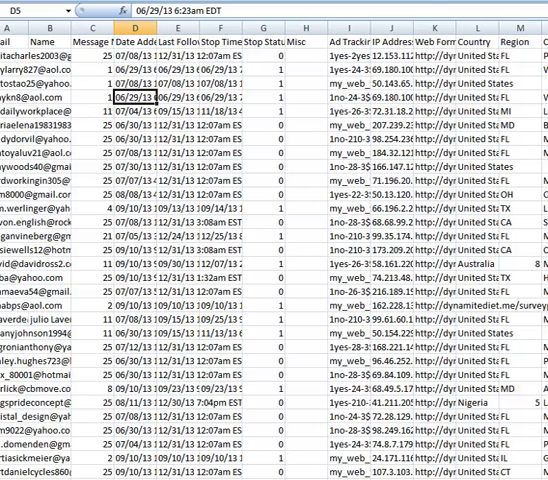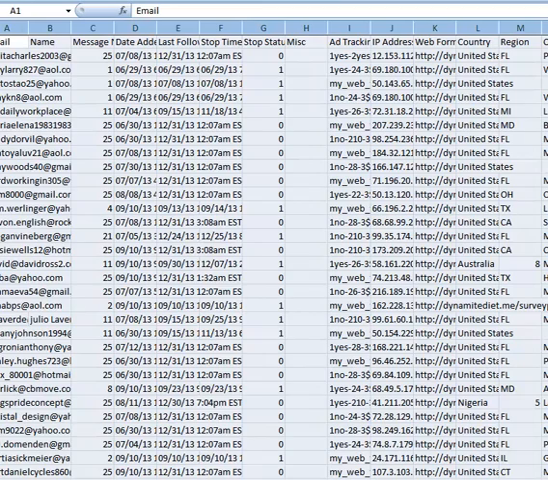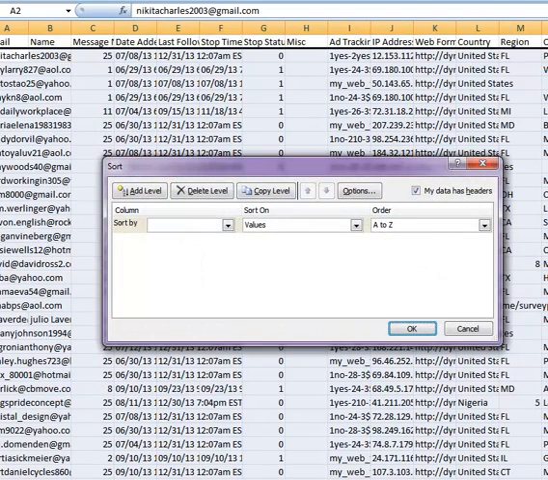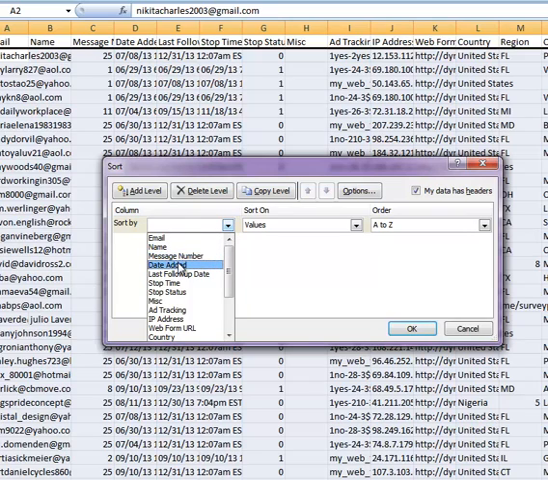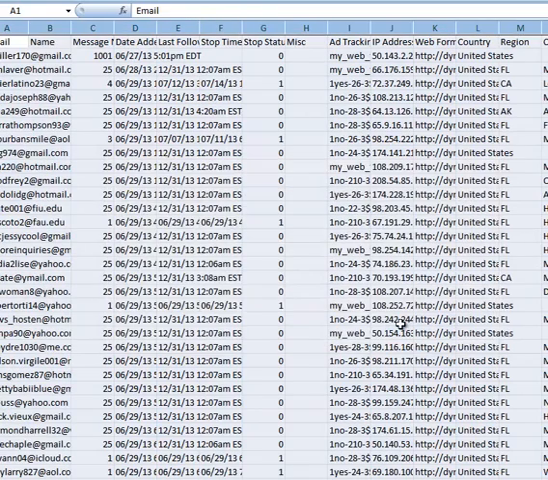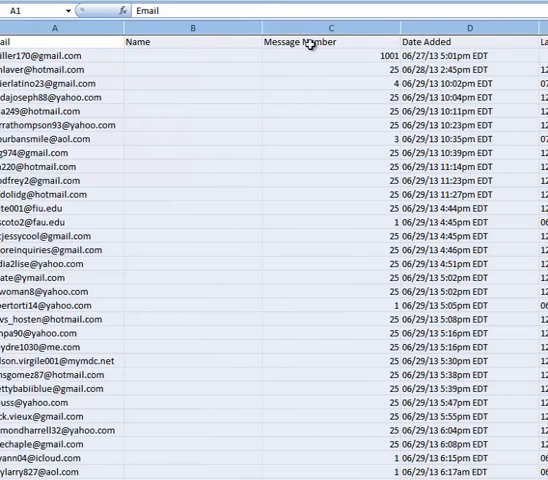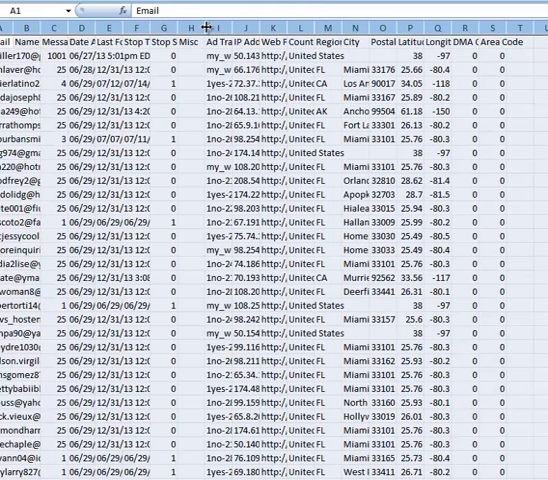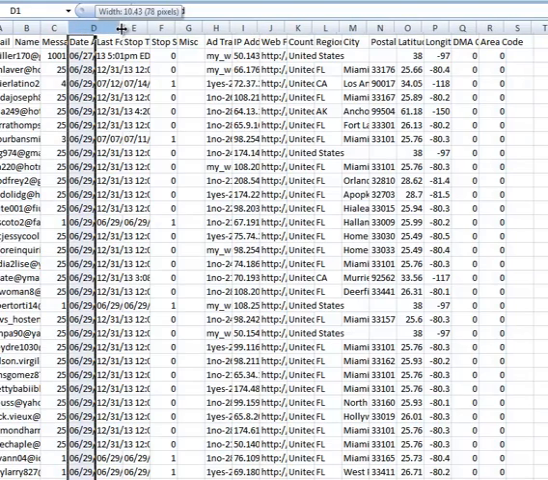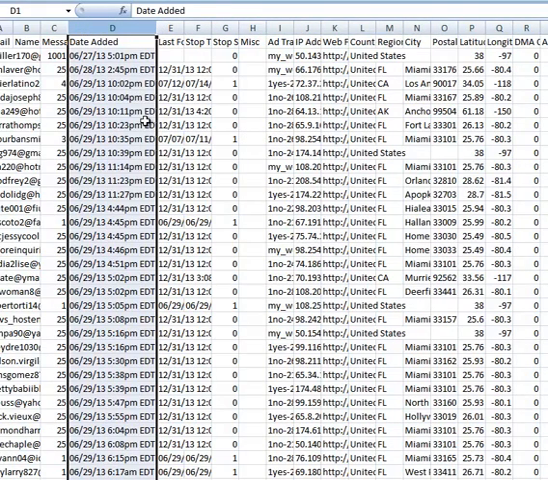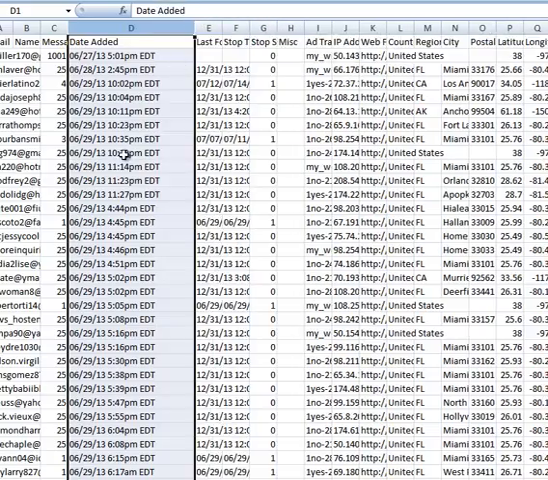I'm going to try and sort it. Data, sort by, I want to sort by D, sort by date added. There it is. Here, sort by date added. Here we go. So 627